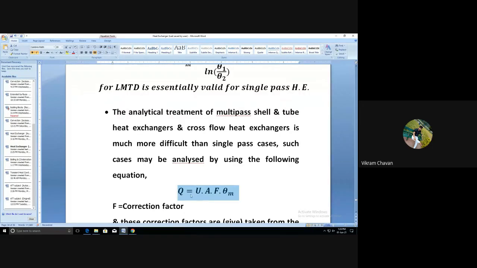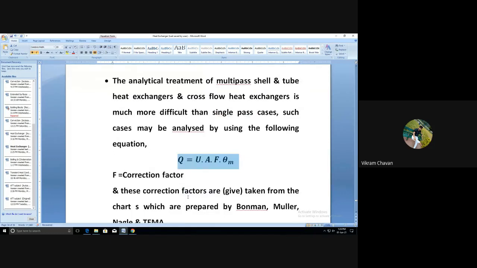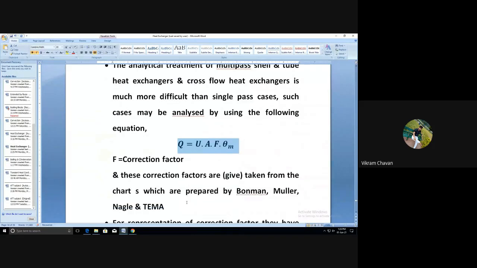Now how to determine this correction factor? That is one point. These correction factors are provided by Bowman, Mueller, Nagle and TEMA. TEMA is one kind of authority, an association for tubular exchangers. This Tubular Exchanger Manufacturers Association also provides heat exchanger standards, and TEMA regulates all the rules related to the